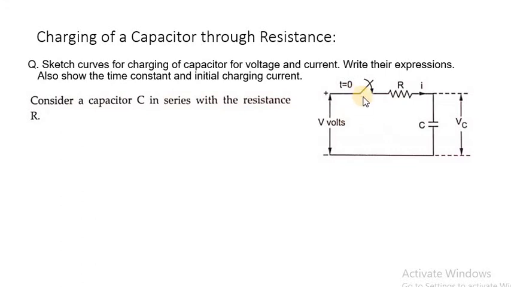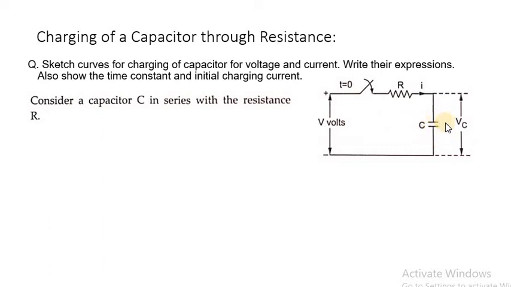Now to start the answer of this question, first of all let's see the circuit. In this particular circuit, we have taken a capacitor of C farad which is connected in series with the resistance of R ohm. This RC series circuit we have connected to the supply voltage V through this switch. So as soon as the switch is closed at t equal to 0, this capacitor C will start to charge. Previously, when the switch is open, the capacitor C is initially not charged.